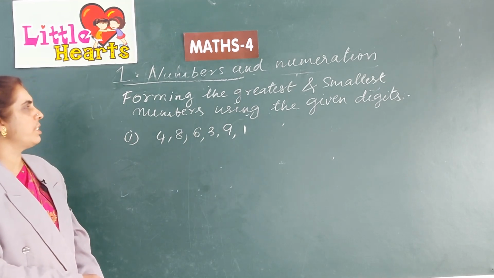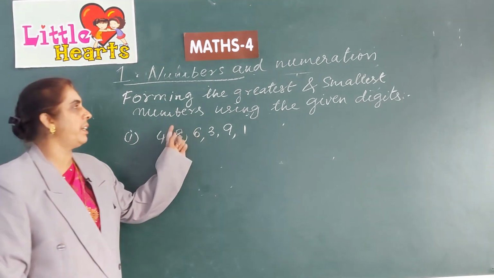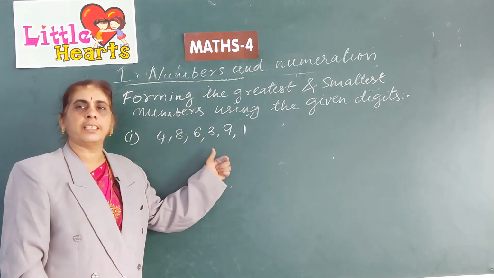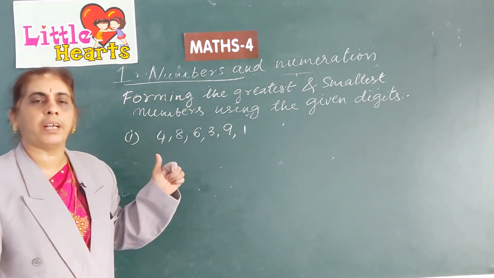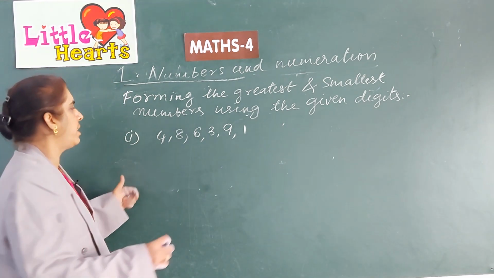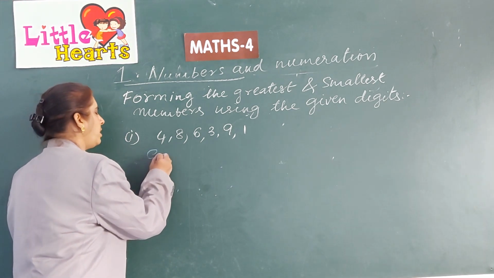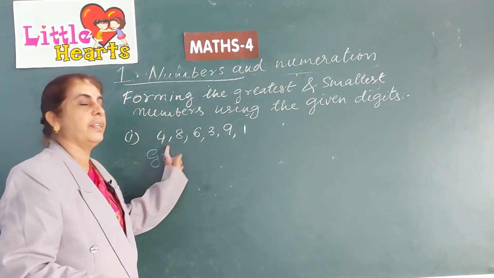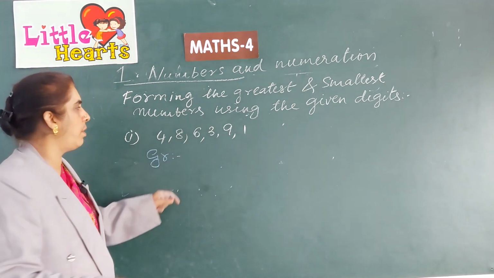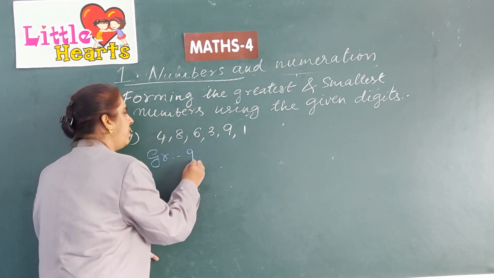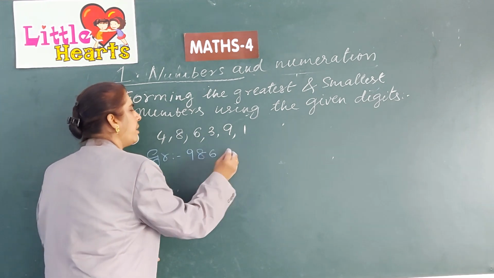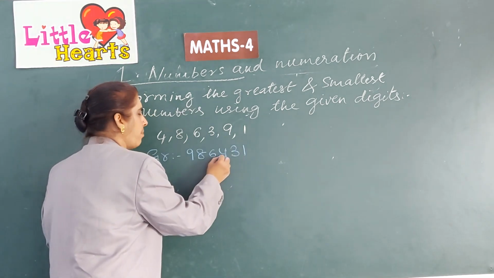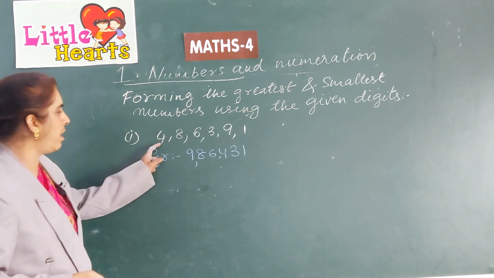Children, the next concept is forming the greatest and smallest numbers using the given digits. 6 digits are given and you have to form the greatest number and smallest number with these. Greatest number. To get the greatest number, arrange the digits in descending order, that is from big to small. 9, 8, 6, 4, 3, 1. Now insert commas. The greatest number is